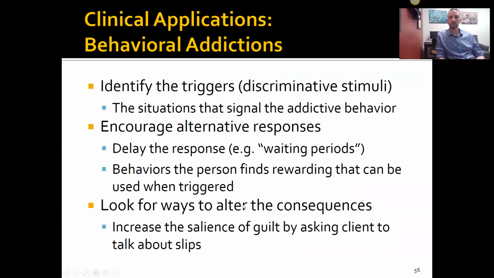So how do you apply that with behavioral addictions? Well, I mentioned this before, I'll echo it again. You identify discriminative stimuli. So these are situations that signal the addictive behavior. What are the situations where the addictive behavior is most likely to occur? Is it when they're having a conflict with their spouse? Is it when their work is stressful, or is it certain situations when they're traveling, or